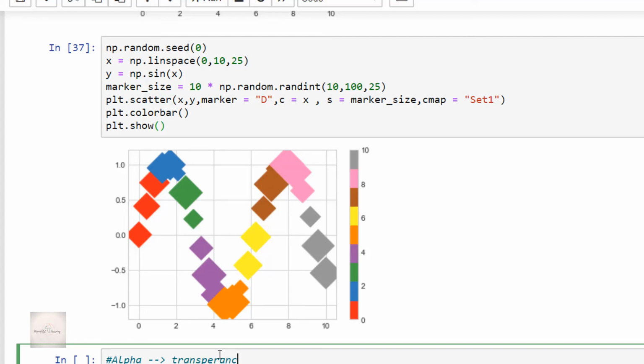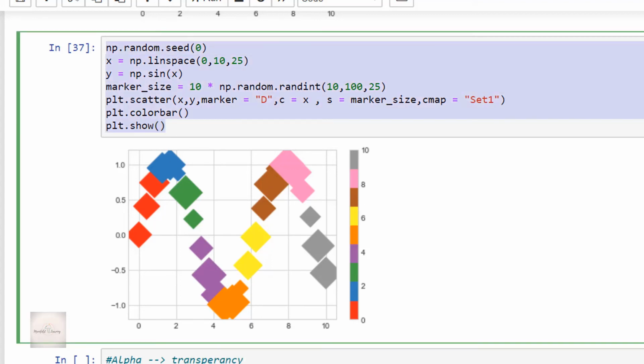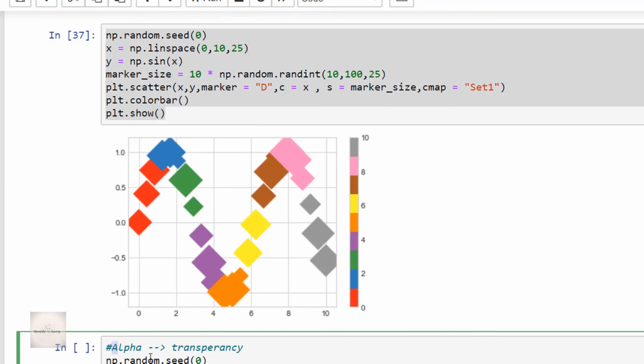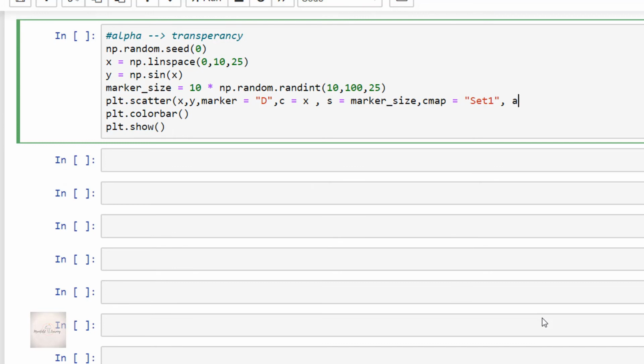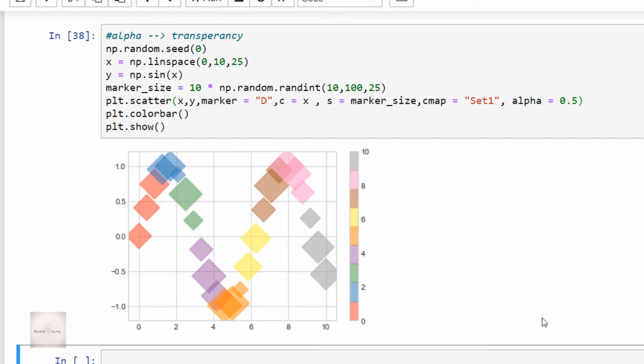So now I'll copy this code and paste it here. Inside this plt.scatter, I'll add the keyword alpha equal to 0.5. Now let me execute this code cell. Great.